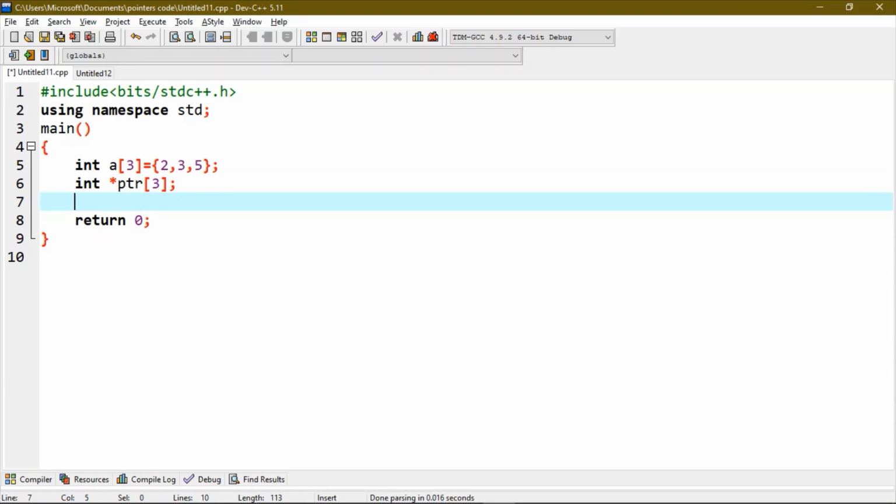Now we will write a for loop to assign A's elements' addresses to ptr's elements.